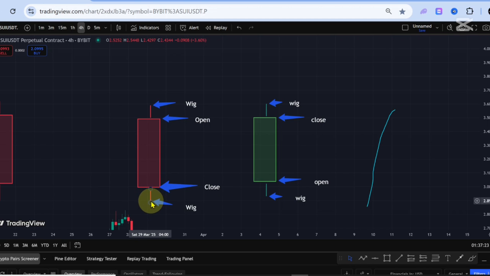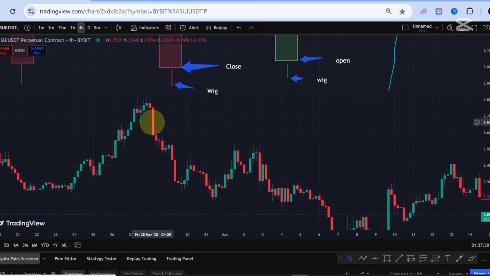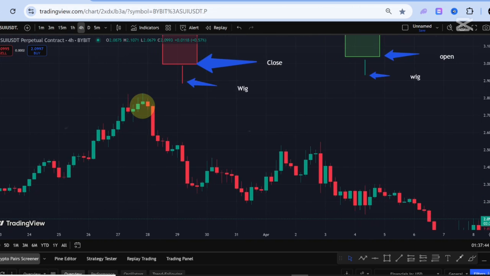This other place is called the wick, the lowest point that price went to, and this is also the highest point price went to. Now, if you look at the chart, let's make use of this big bearish candle. So just like I said, for this particular candle, this previous green candle,